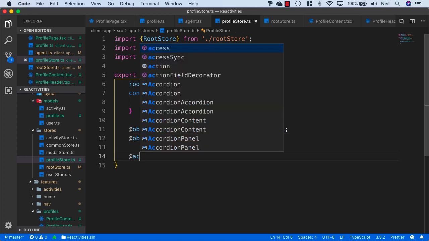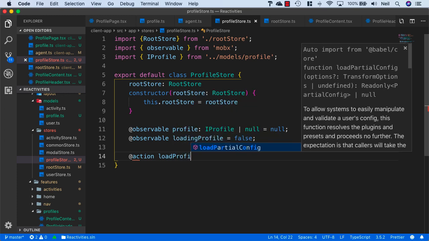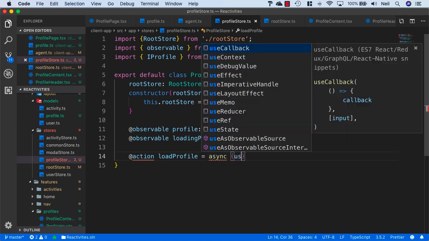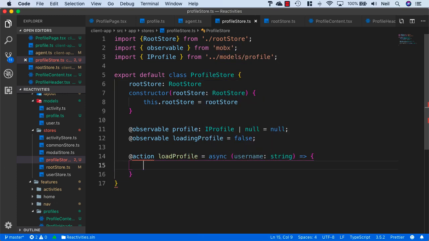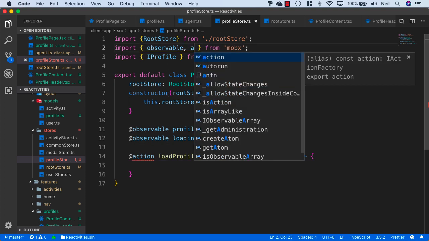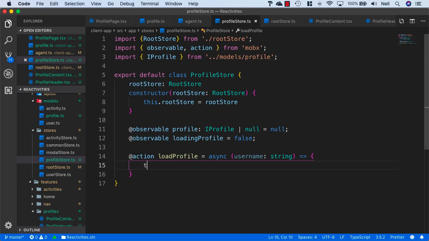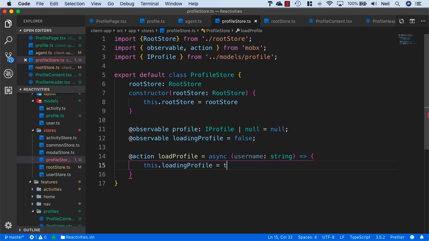And then we just need our action to load the profile, so I'll say action loadProfile, and we'll make this an async action, and we'll pass in the username of type string into this, and we just need to add the action as into our imports from MobX. And let's set the loading flag to true, so I'll say this.loadingProfile equals true,